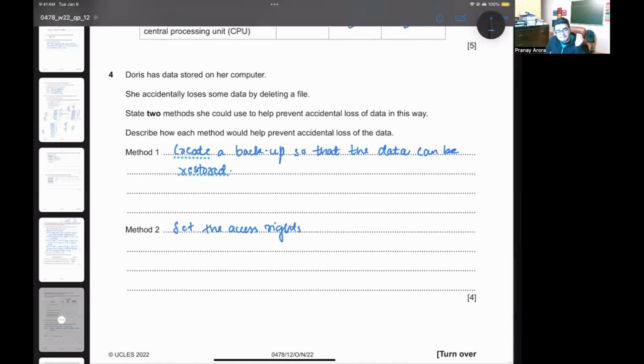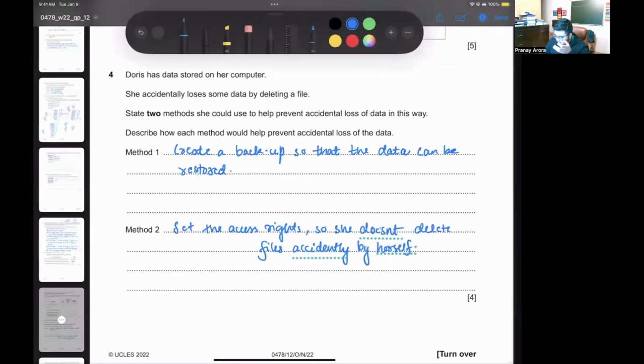How will setting the access rights help? So she doesn't delete files accidentally by herself, right? Because by putting access rights will ensure that she as a user does not have the rights